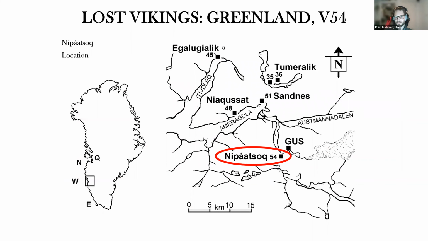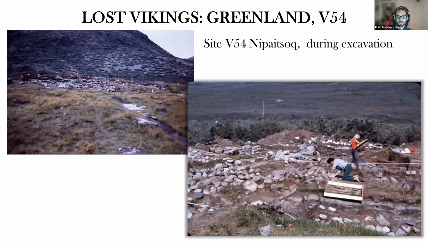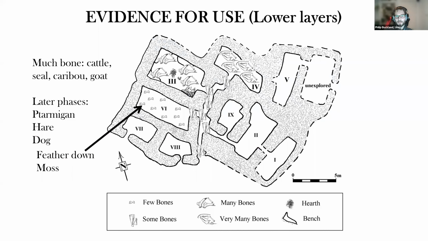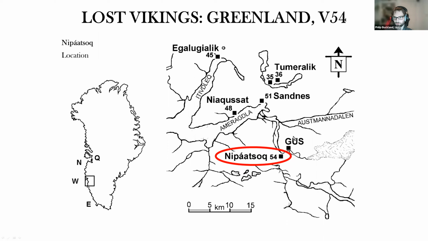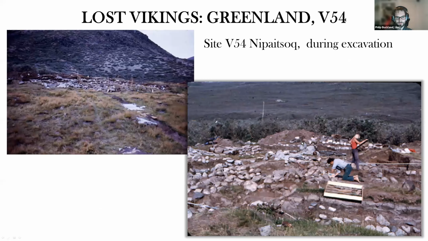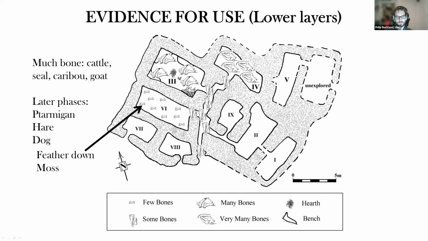And if we look at the site Nipiatsok, on the western Viking settlement of Greenland, which looks like that in the present day, we've got a lot of different types of evidence, and I'll look at two of these. This is the work of quite a lot of people over quite a lot of years. I wasn't at the site. I was at Gus, just across the other side of the river, which is a different but also interesting